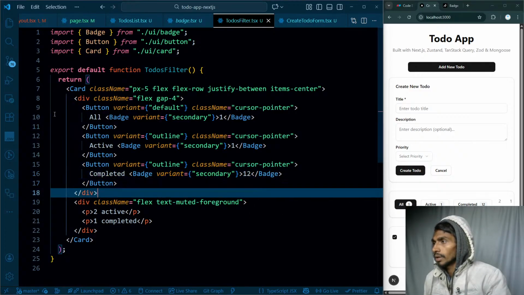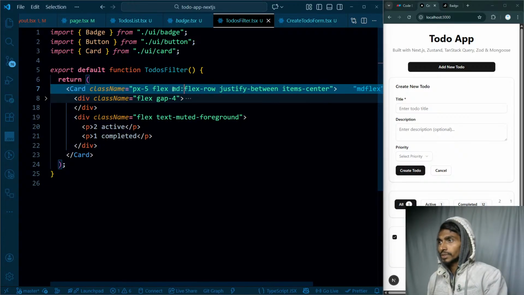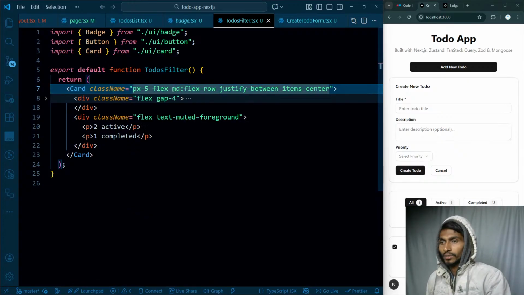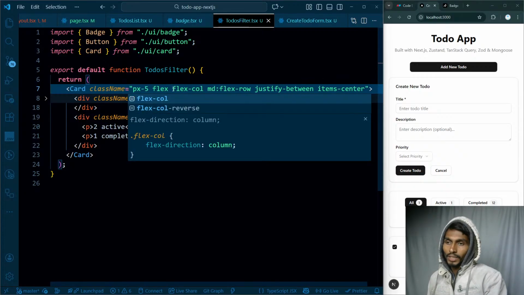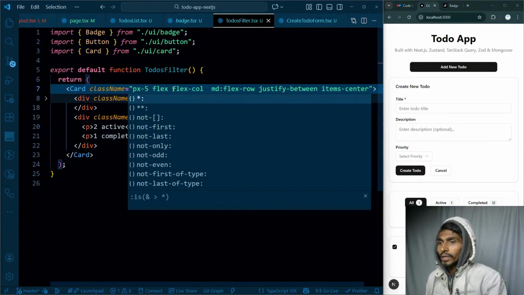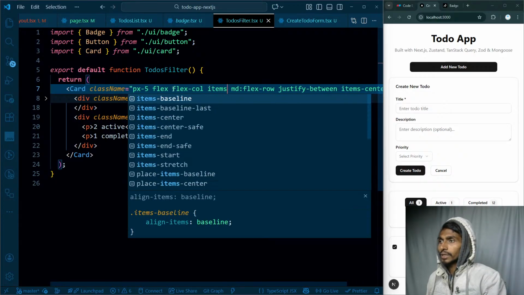Okay, in small, by default it will be flex row, but mainly in the medium screen just like this, and otherwise in small screen it will be flex column. That is already like that. Not only that, in small screen it will be flex column. If I want to have it in the beginning, items start, right? So items are gonna be start